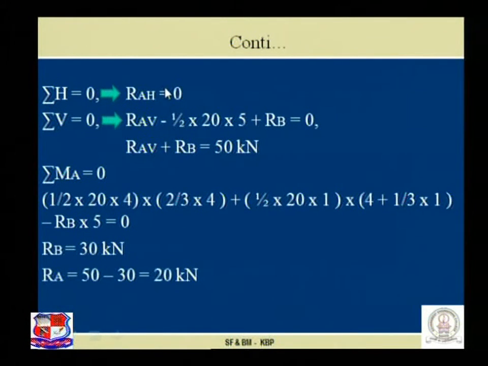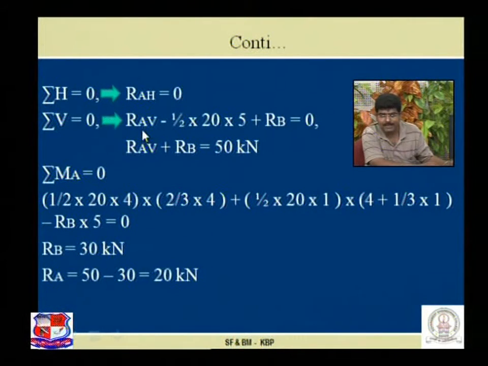So first RAV, which is acting upward, so plus sign. The other load, that is the total triangular load, half into 20 into 5, area of triangle, plus upward RB is equal to 0,